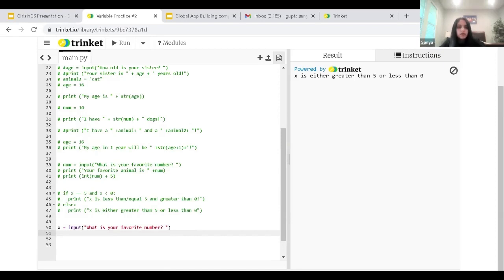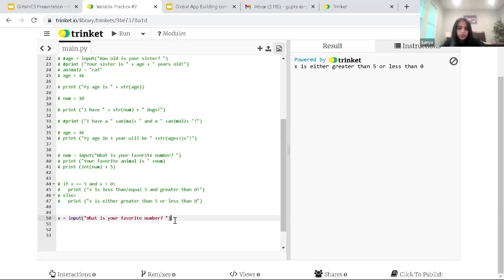Okay, I think I'm gonna go over it now. So again, we're just asking the user his or her favorite number, and then to check if it's less than, did I say? Yeah, less than 2. So we can do this. If X is less than 2,